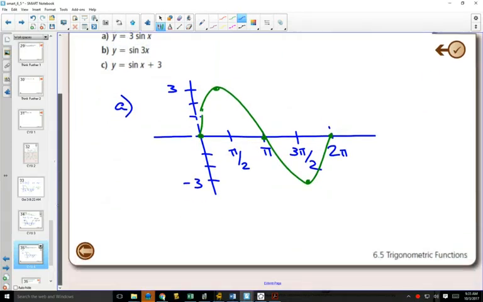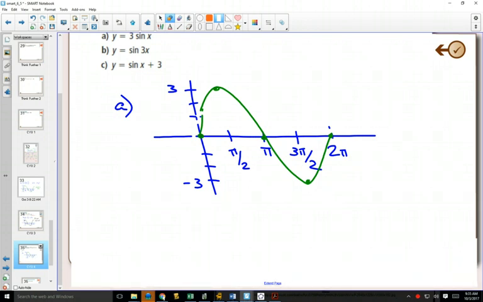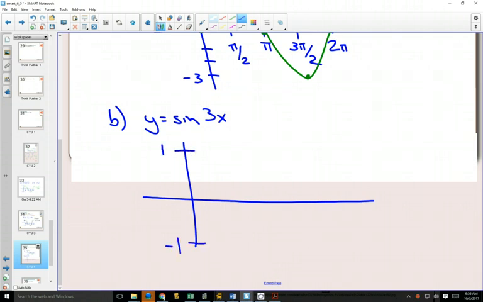Part B. Part B is a horizontal compression. So you're going to multiply your x values by 1/3. It means when you go out to draw it, your amplitude is still 1, so it's going to go from -1 to 1. And now our period is going to be